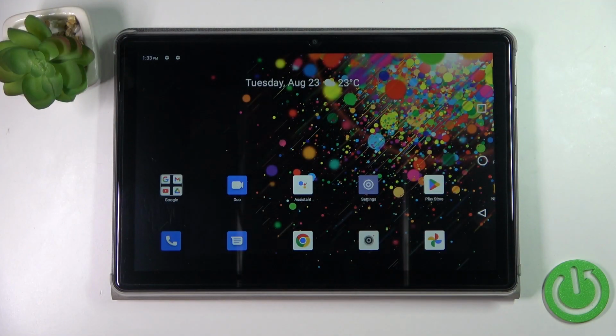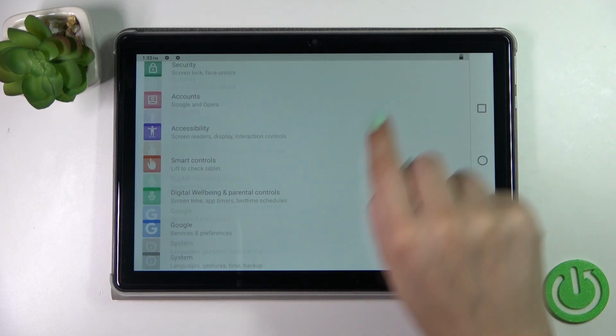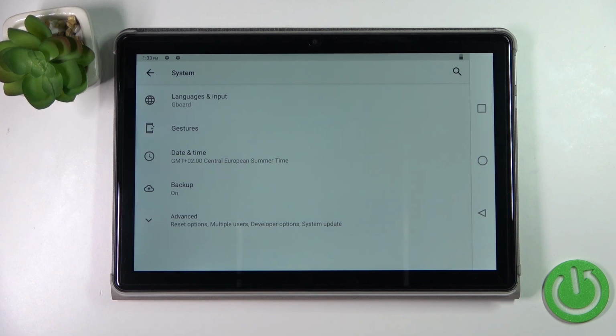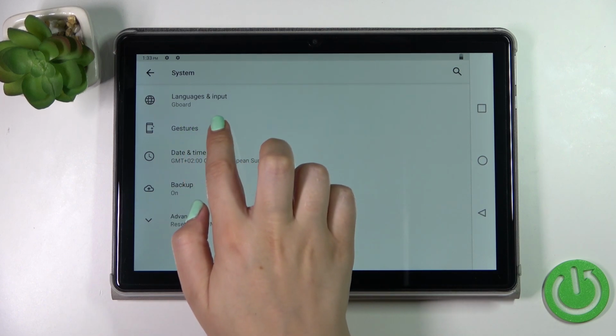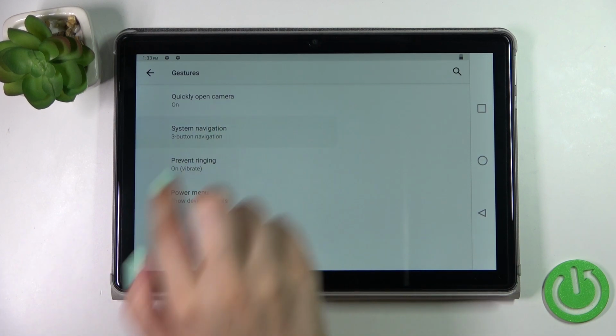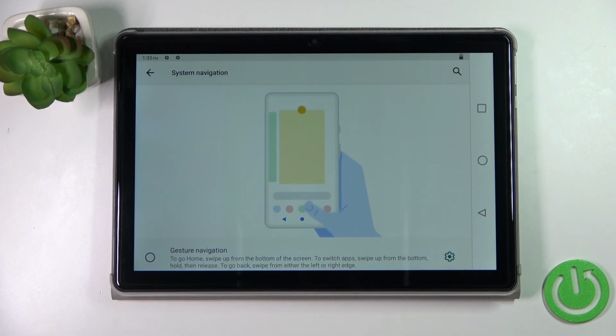So first of all we have to enter the settings, and now let's scroll down to the very bottom in order to find the system. Now let's tap on the gestures. They should be on the second position, and again on the second position we've got the system navigation option, so let's tap. And as you can see right here we've got the animation of how to use the 3-button navigation,